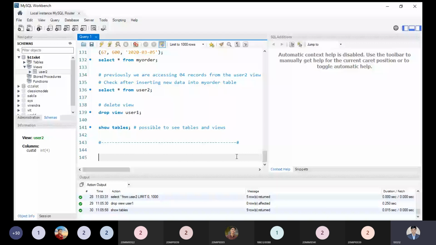So now it's time to see the subquery. What is a subquery? Let me write something over here for betterment.